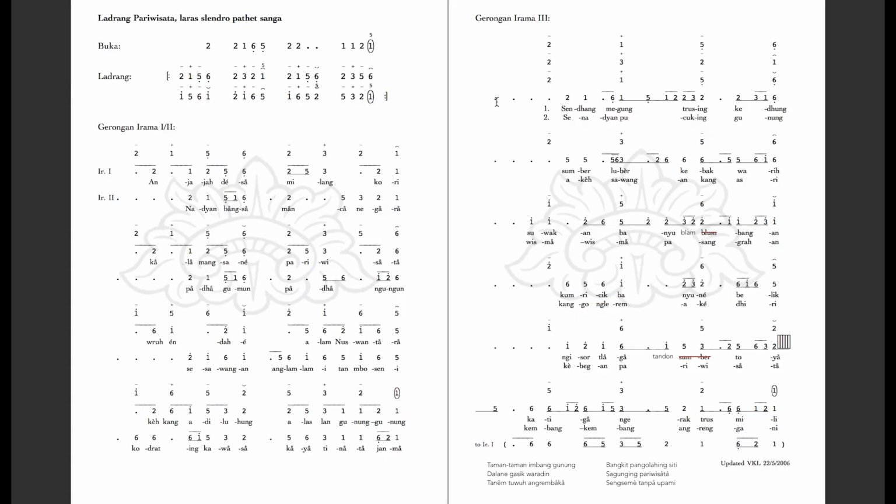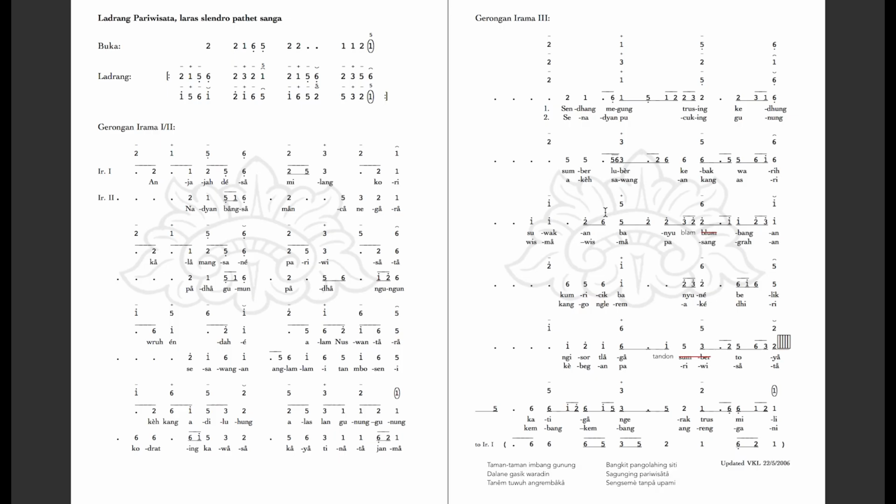Here I have 2 lines of text. The first repetition, we'll use the first line. The second repetition, we'll use the second line here. In this particular recording, there are actually 3 repetitions in irama wilet, so for the 3rd repetition, we're going to use this text right here. For this practice run, we're just going to try singing through these first 2 lines. Later, if you already have the melody memorized, you can try it with the 3rd line of text right here. That's a little bit trickier just because it's written separately.